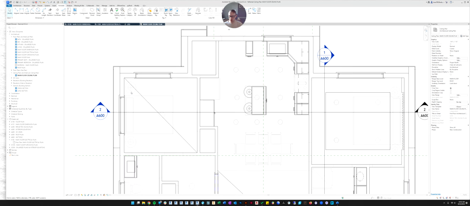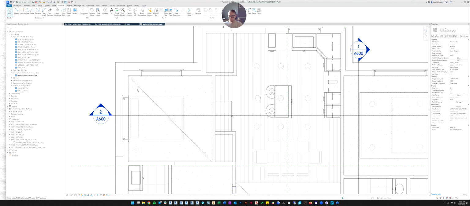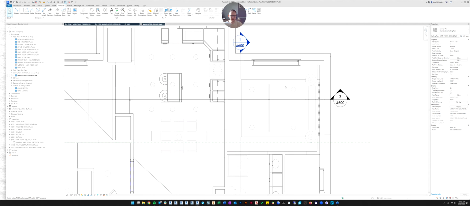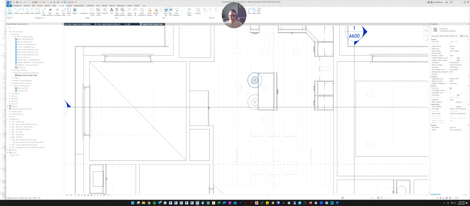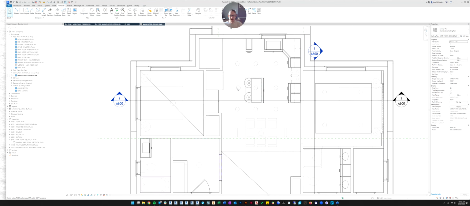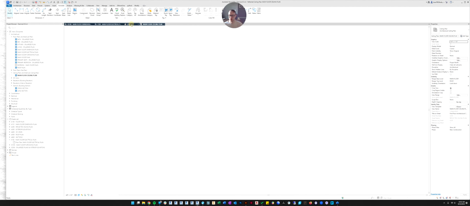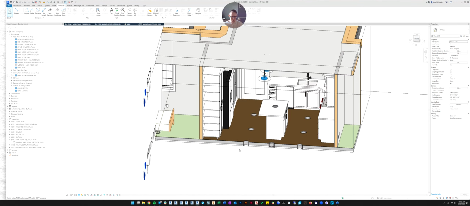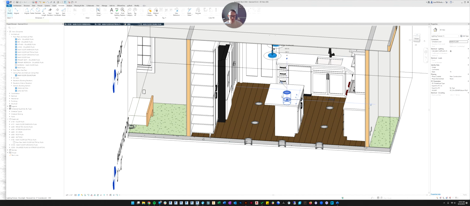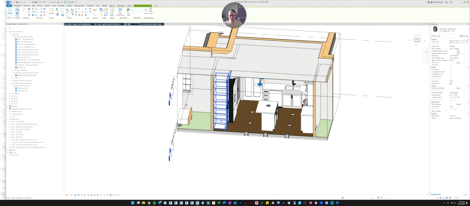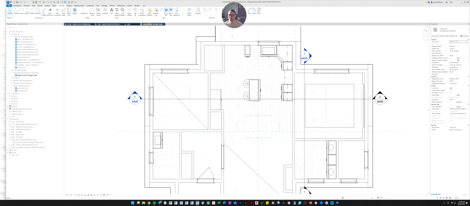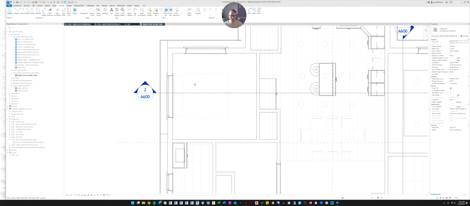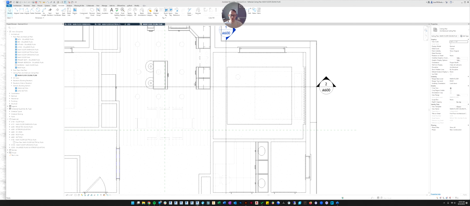Let me make sure. I might have been placing these on the wrong face. You see how these ones are black and these ones are not? Maybe these are in the actual floor. So let's go to our 3D view. It's good to make mistakes while I'm teaching so you can understand what I did wrong. See how all the lights are in the floor? That means I didn't pay attention to what I was doing. So let's undo all of these lights. I'm going to hit Control Z to undo everything I've done.